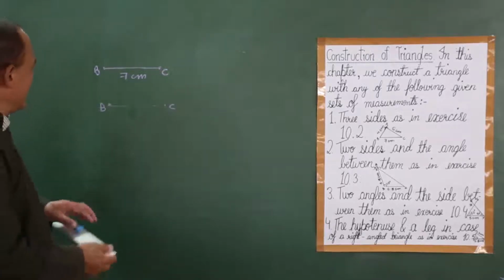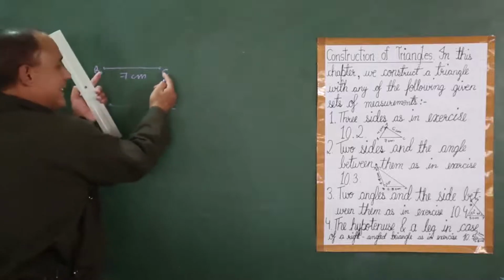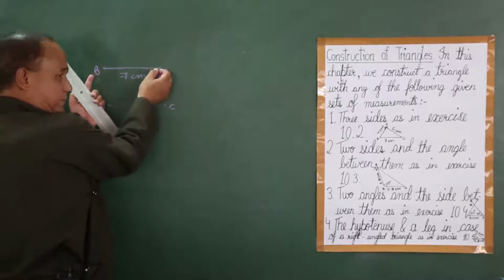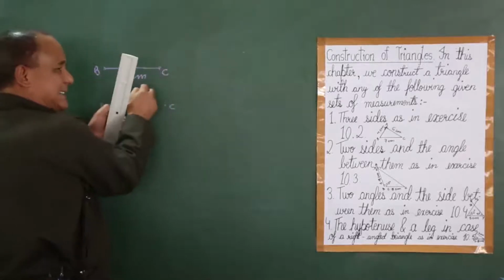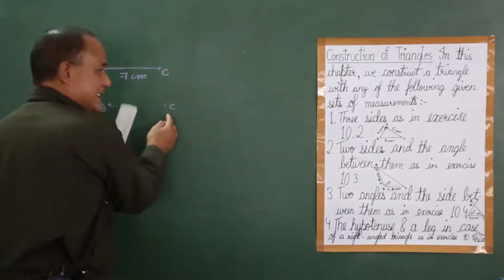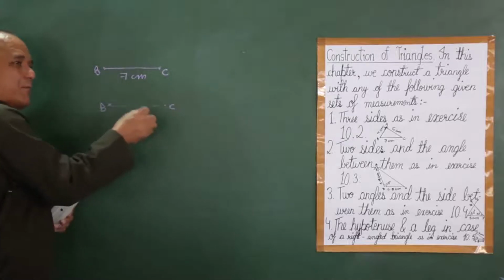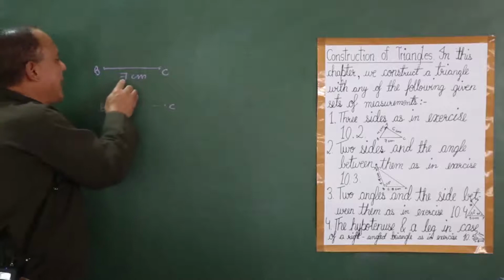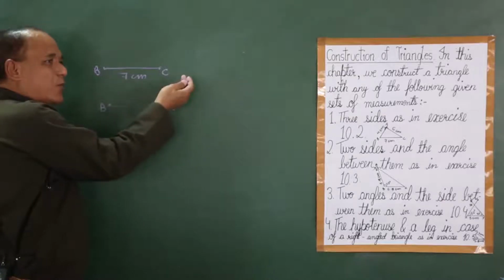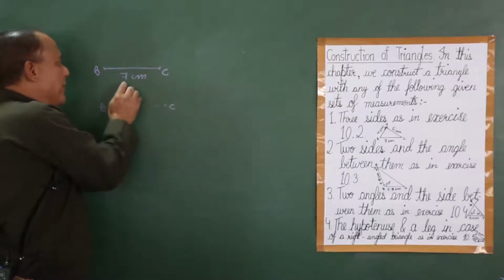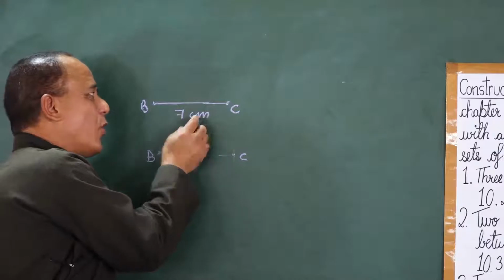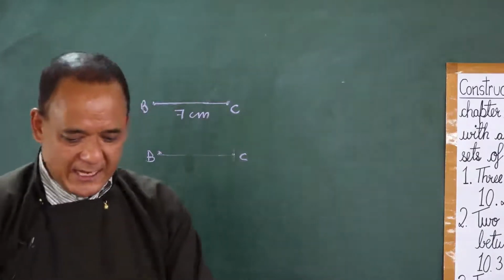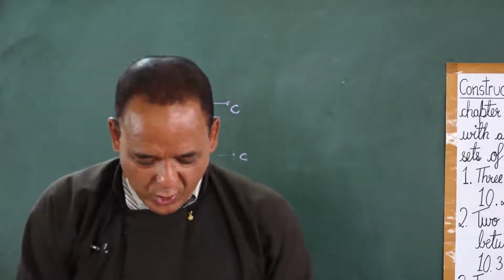Now, the ruler method may be 1 or 2 millimeters smaller or bigger than the exact one. But the compass method is more accurate. Here you find exactly 7 centimeters. With the ruler you might find some millimeters, 1 or 2 millimeters up and down, maybe 7.1, 7.2, or maybe 6.9 or something like this. So this is a basic thing which you ought to know here.